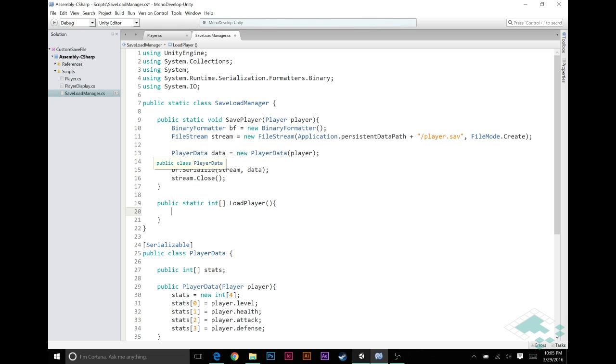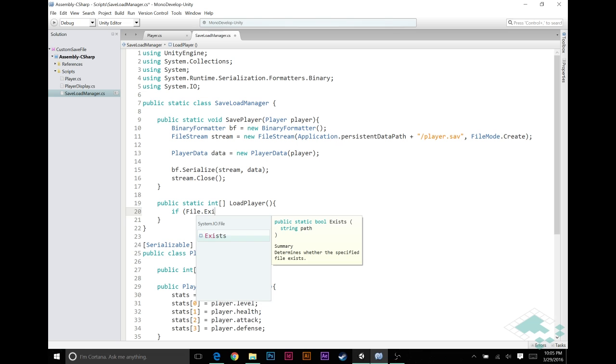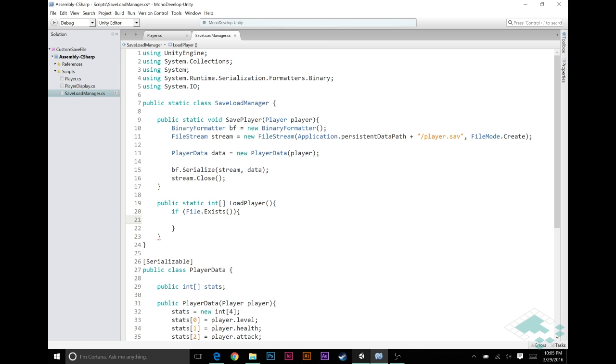So here, the first thing we want to do is, when we want to load a file, we want to make sure that file exists first. Otherwise, it's going to be a problem for the program and throw an error at us. So we're going to say if file.exists, and what file? Well, the same file that we put up here. So I'm just going to copy and paste this in. If that file exists,